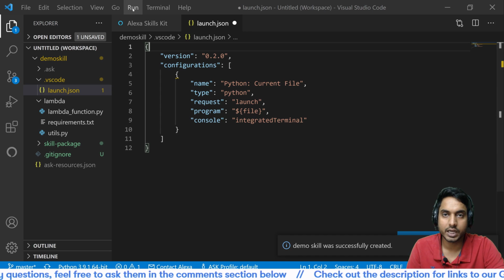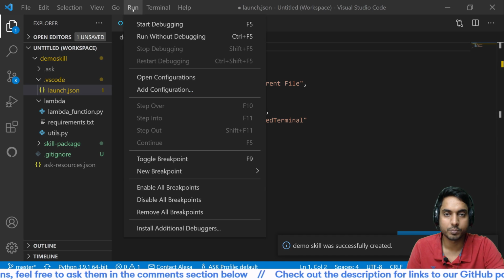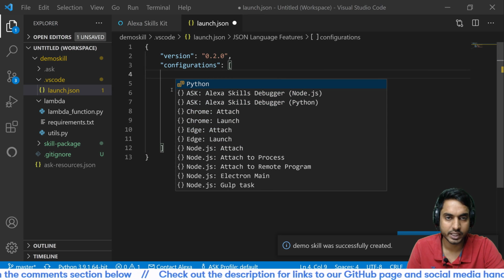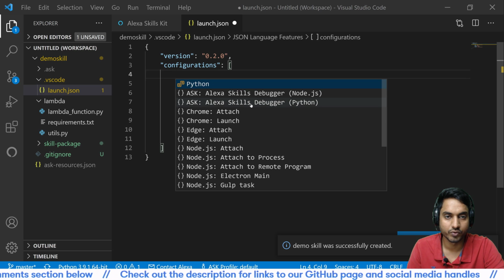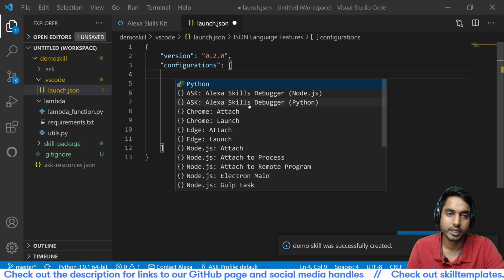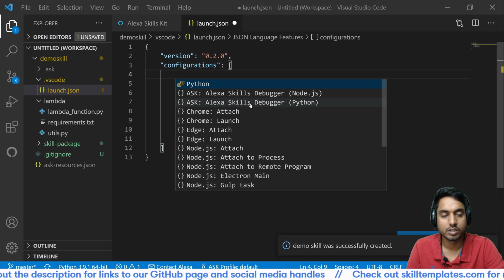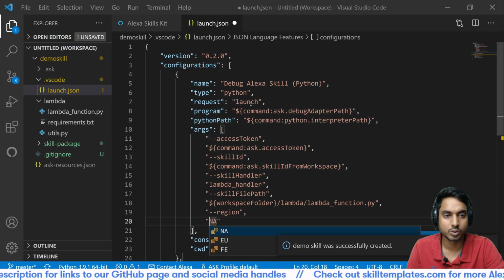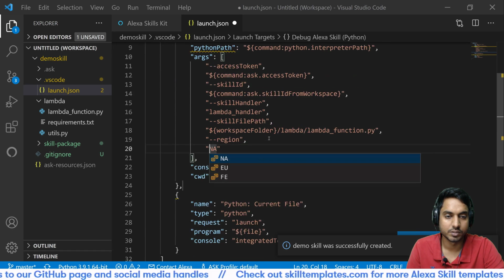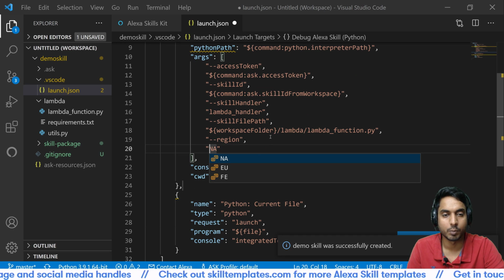Once you're done with that, again click on the run option on the top, and then again select add configuration. This time you'll see two options, where one says Alexa skills debugger Node.js, and the second says Alexa skills debugger Python. We'll be using Python, so I've selected the Python option, and I have the whole code automatically populated.